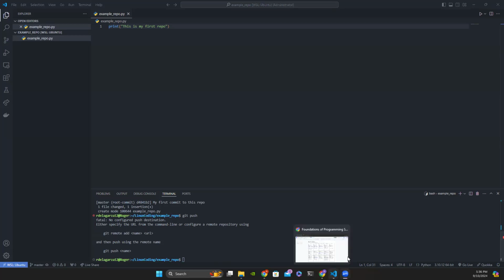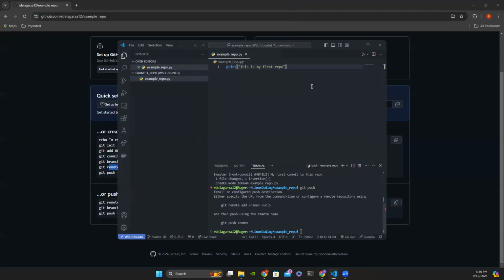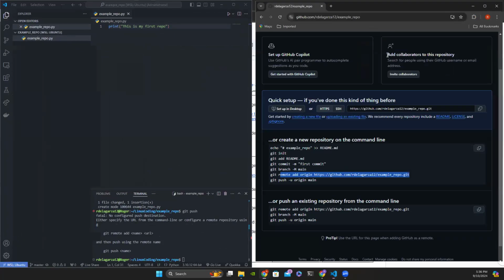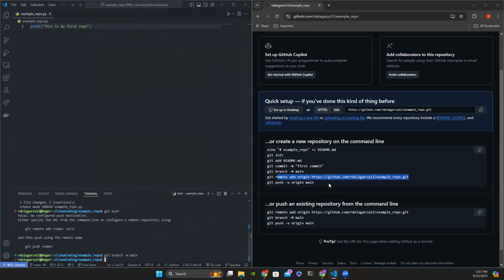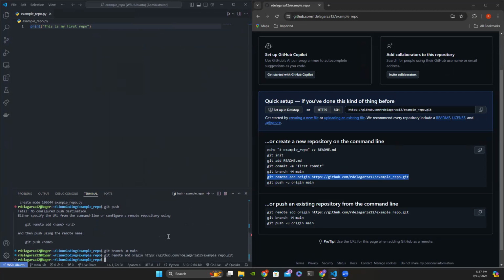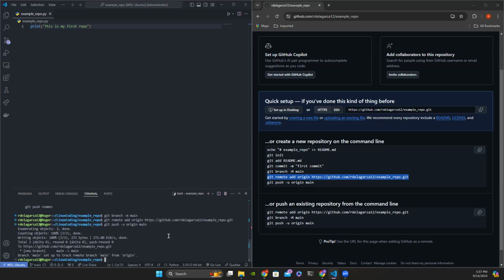But all right, so we're gonna go ahead and follow those instructions. Let's make it sideways so we can see what's going on here. All right, so we don't have a readme. We can go ahead and add a readme. I'm just gonna keep it empty for now. We're gonna go into git branch and then call it main. And then we can do the git remote add origin. And it's just as simple as this, right? It gives you the example git push origin main. And then straightforward,